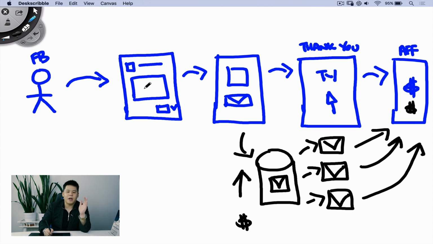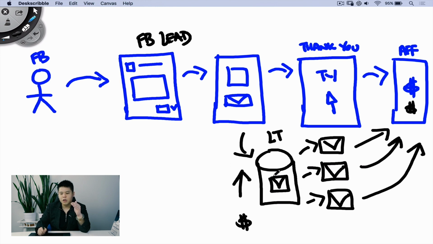You're simply having something to capture the person's email address. In this case, we're using FB lead ad to capture the email address, and while they are within the funnel, we send them to the affiliate offer, and if they buy something, we make a commission. But at the same time, we get them to go through LeadsTunnel so that it actually adds the person's email address into an ESP, which will help you start sending these emails out to your subscribers and monetize from them. And again, that's all you do. This is how an email business model works.